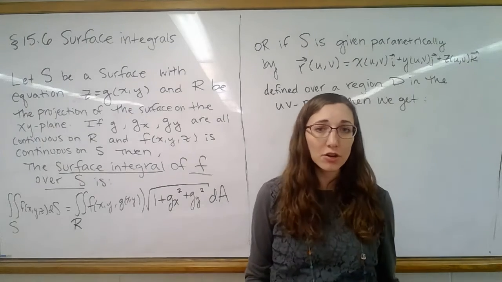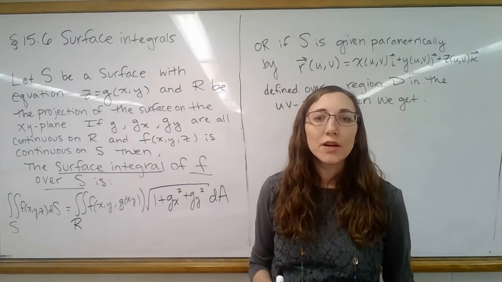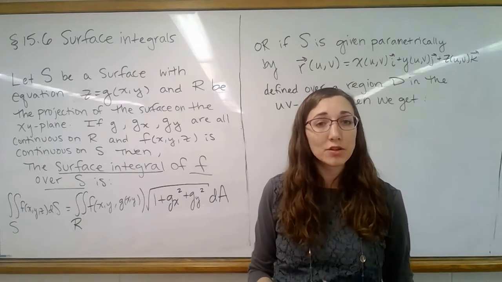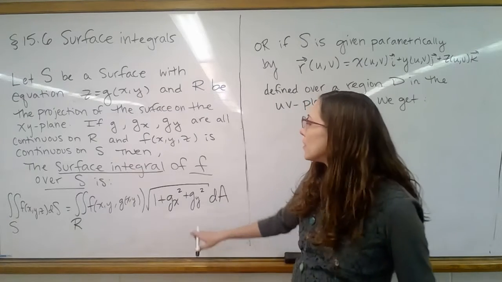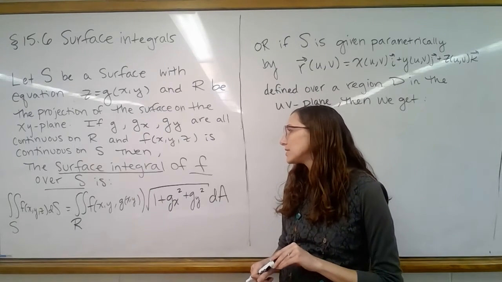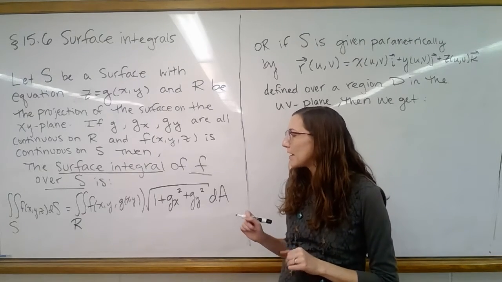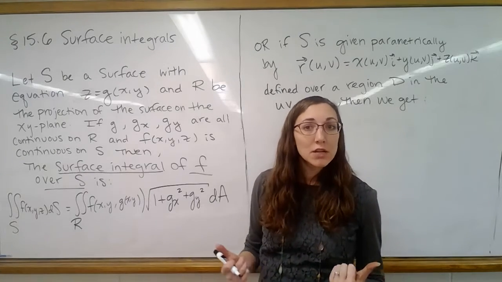When we did a line integral, if f was 1, we got the arc length of the curve. Now, notice, if f is 1, then this is just going to be the surface area of the surface. So that's a nice way to remember the formula here of what extra goes into that surface. So this is all how it gets set up if our surface S is defined as a function, so Z